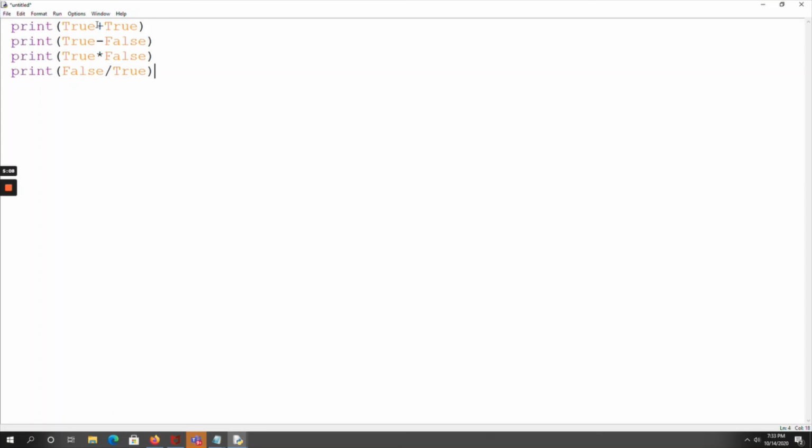So arithmetic addition, subtraction, multiplication and division.